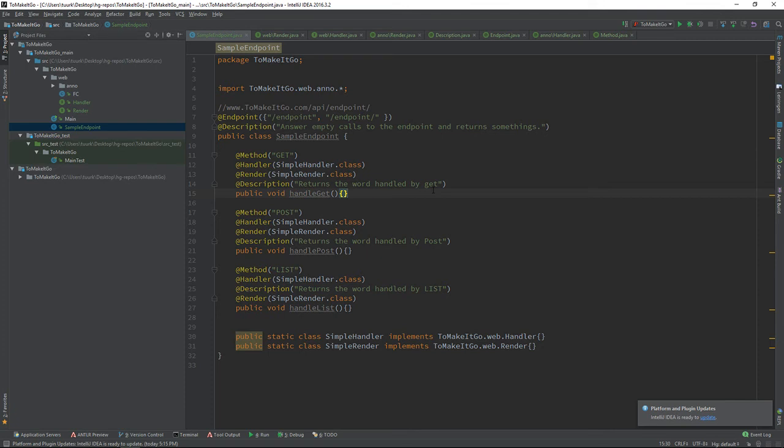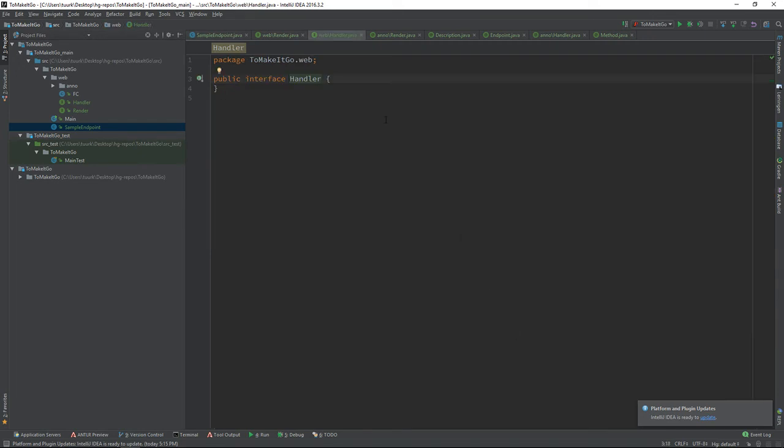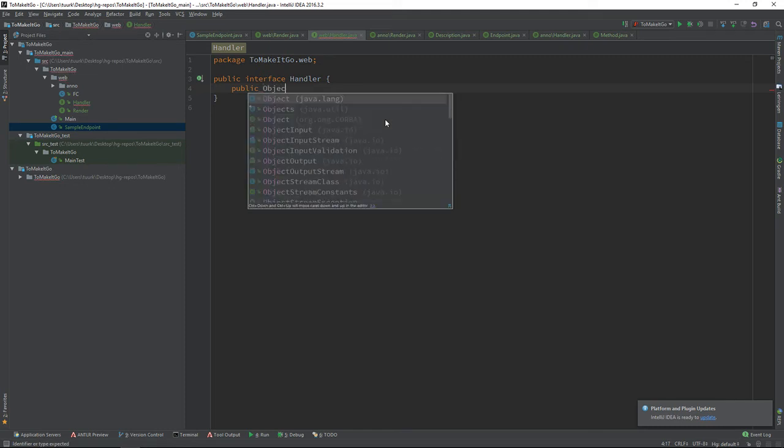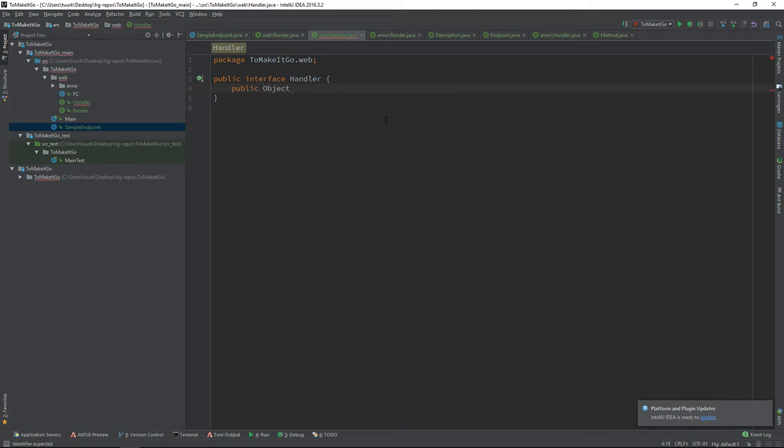Okay, so now we have to start making these things do something. So I'm going to go into this interface and give it an actual way of handling it. What it's going to get is the class of the gateway, the method, the HTTP request. I think that'll give us a place to start. It's going to be a method, handle, and it's going to return an object. It's going to be whatever the result of the unit of work that you wanted to do is,